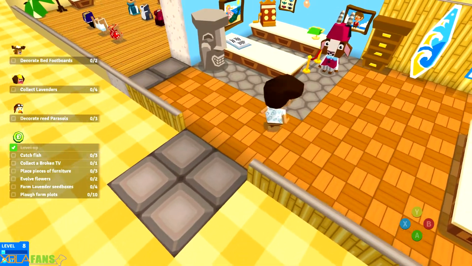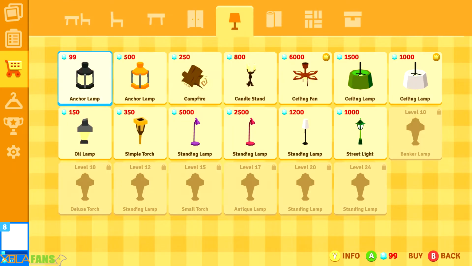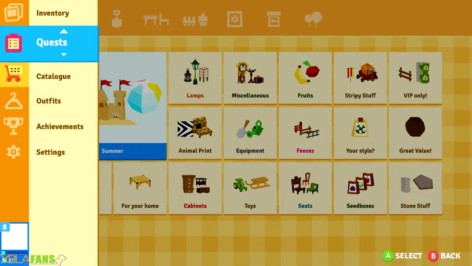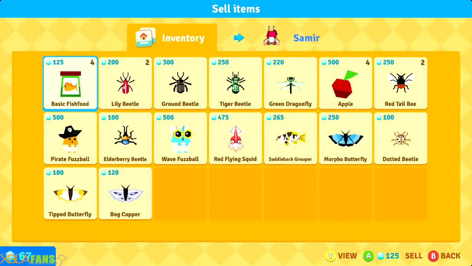Like Animal Crossing, they have a store you can go to sell stuff, or you can hit start and see the catalog and everything. The thing is, though, you have to be certain levels to unlock stuff, which is weird. So it's got all that, and then there's outfits and stuff like that. For those who care, all the achievements are, again, odd numbered achievements. So let's just go ahead and just...